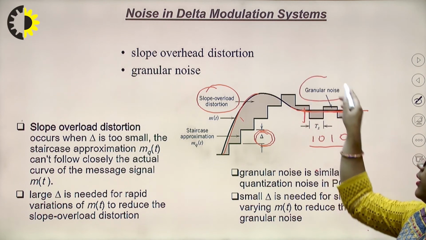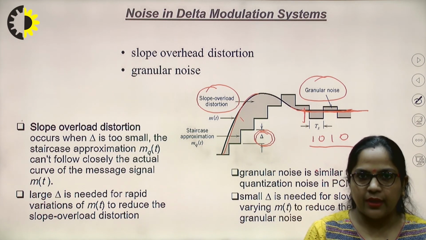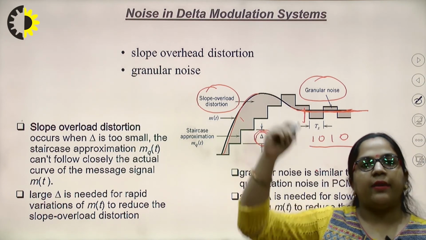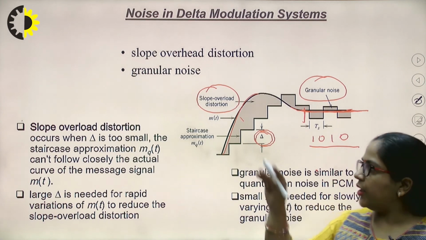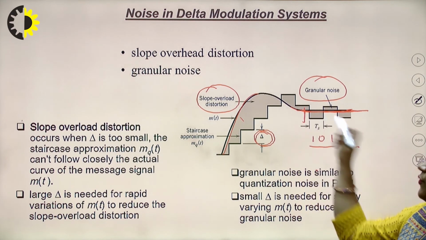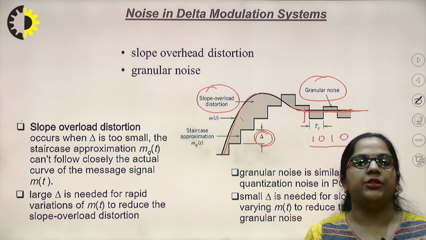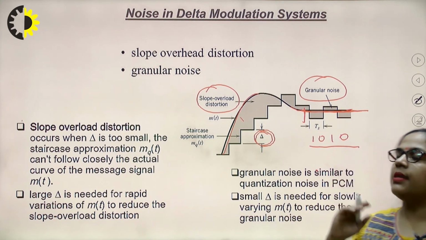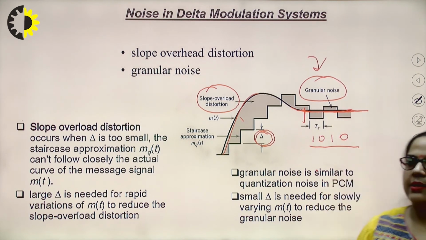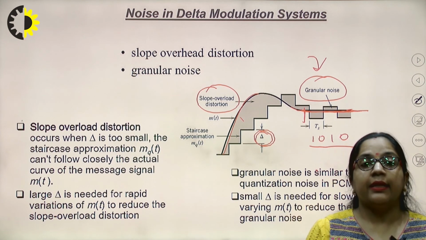It is called granular noise. When will slope overload distortion occur? It will occur if the step size is too small. It will not be able to follow the variable information. The output must change, but it will remain constant. Then the slope overload distortion will occur. When information content is constant, there should not be any change in the output, but it is occurring because of large step size, then this particular kind of noise is called granular noise. So, these are the two disadvantages of delta modulation